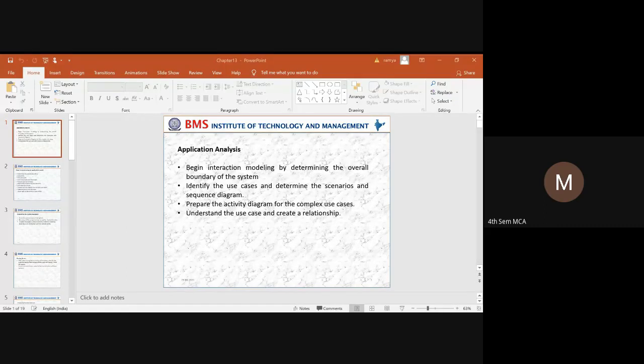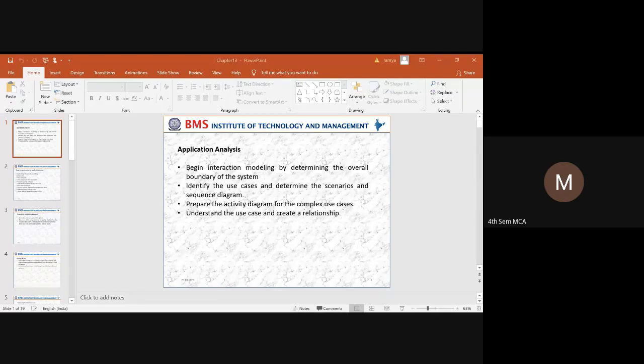To develop an interaction modeling. We have seen in class modeling how to name the class, how to create an attribute, how to give an association, how to iterate the model, how to refine a model by introducing aggregation, inheritance, so advanced, by using the advanced class modeling. These things we have discussed in domain analysis.